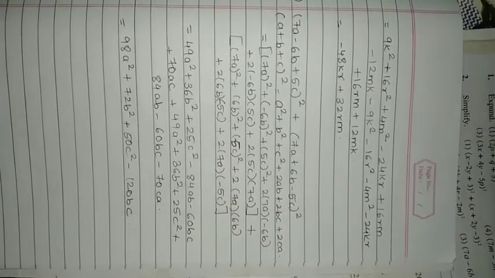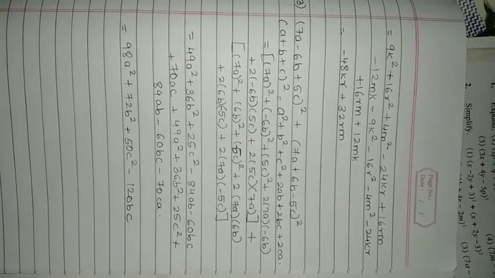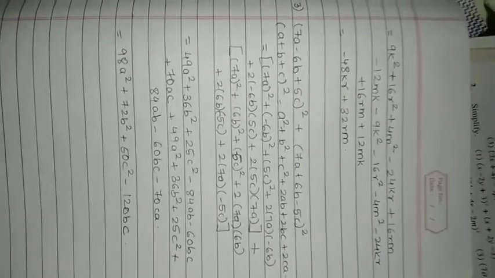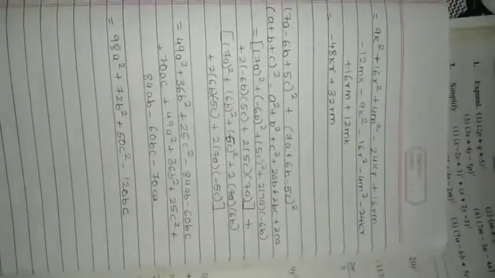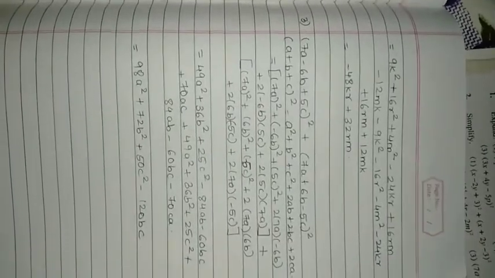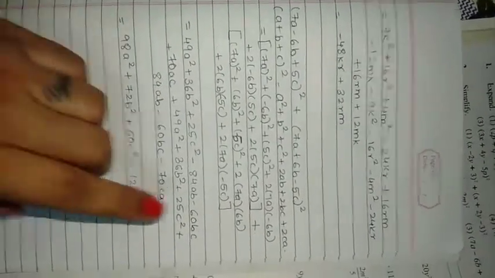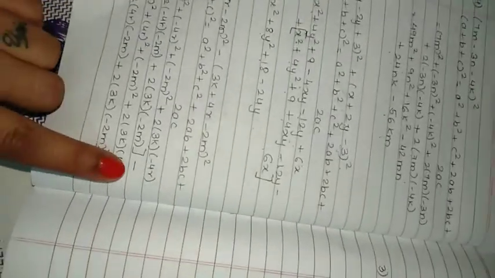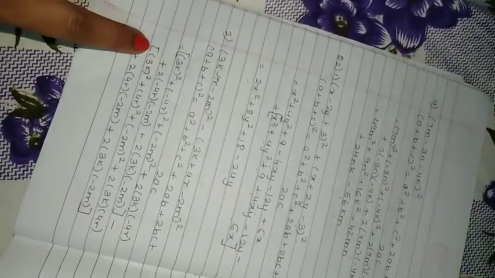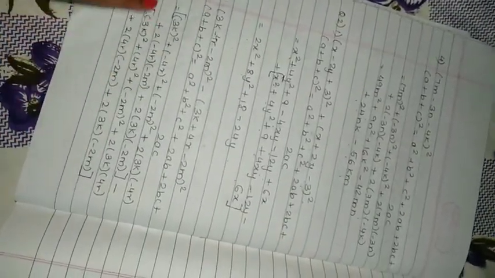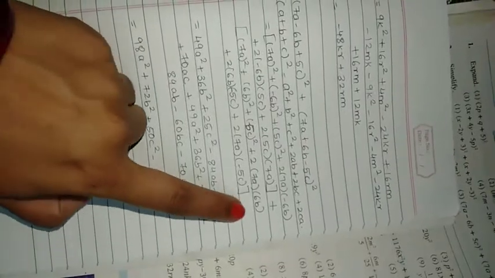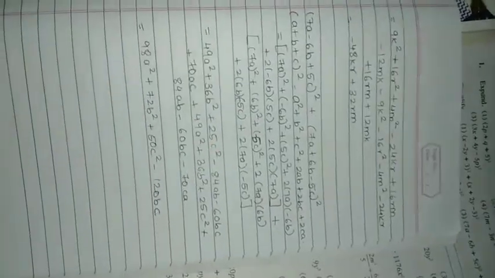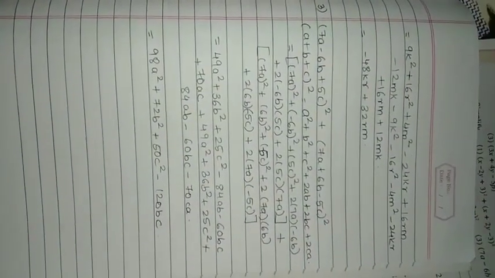Again multiplying 2 with the first two terms, then again plus, multiplying 2 with the last two terms, again plus, and multiplying 2 with the first and third term. Opening the bracket in a similar way for the first and similarly for the second. Here it's a positive sign, so there is no change in sign. In the earlier case there was a negative sign, so after opening the bracket we had to change the sign of all the values. In this case there is a plus sign in between, so there is no change in the terms; the value will remain the same.